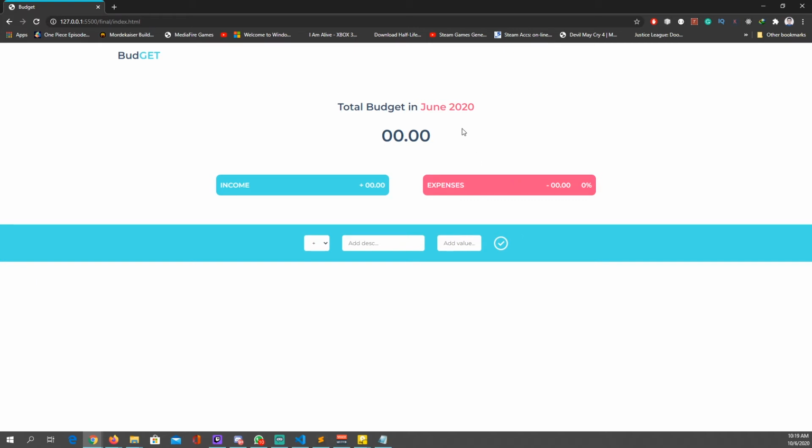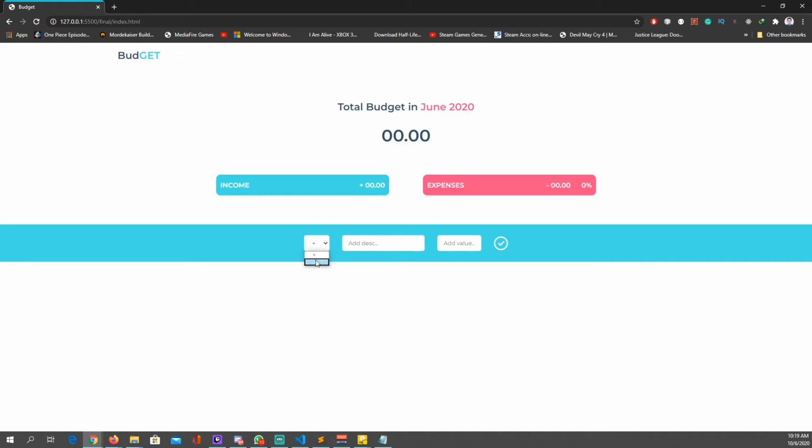And the minor thing that we're gonna add or update and display is the current month and also the current year of this budget web app, we're gonna add here. So that's the minor thing. And also since we gonna use JavaScript, we're gonna deal with the DOM manipulation, of course.